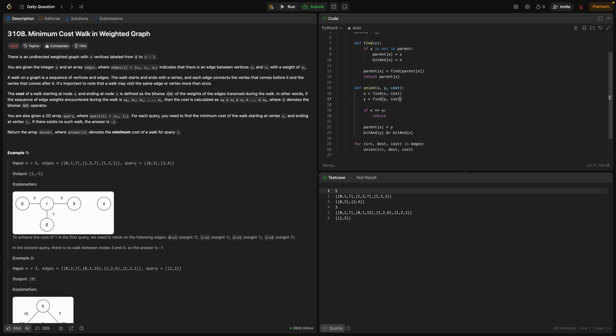But if I do that, okay, now I have two components and a cost, so that means both are going to be 1, and I have to